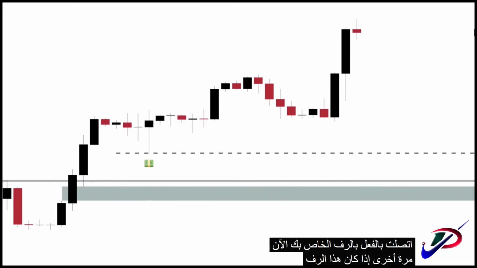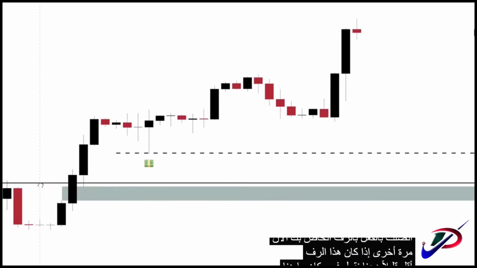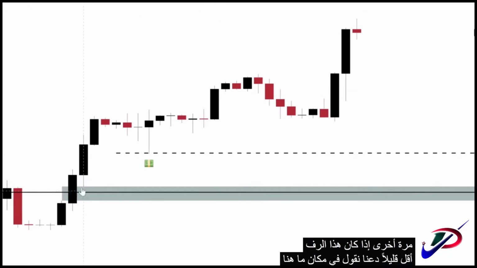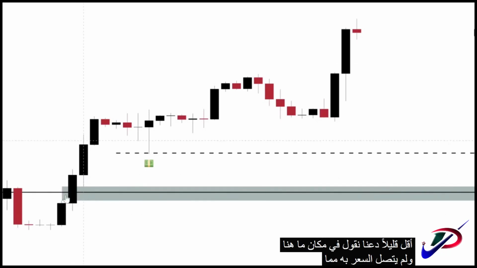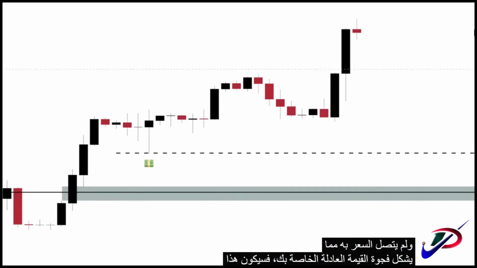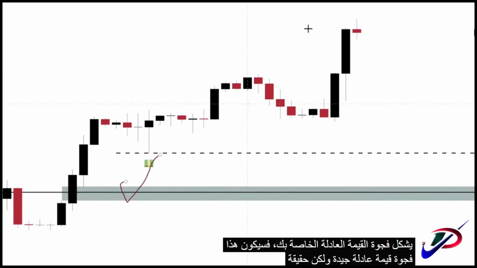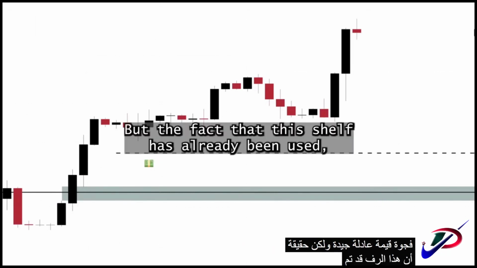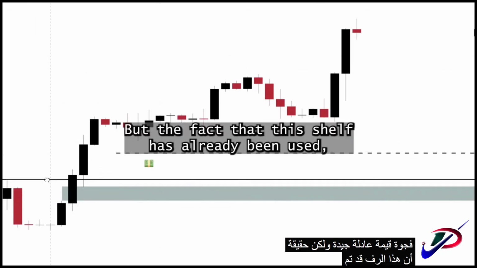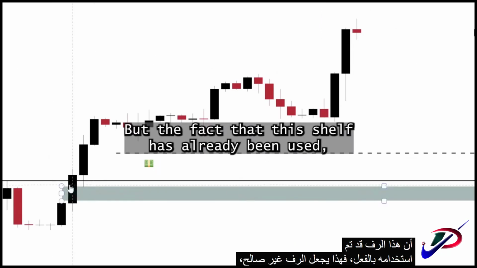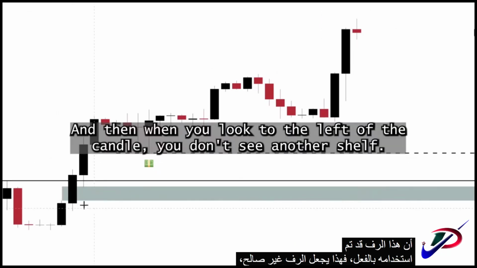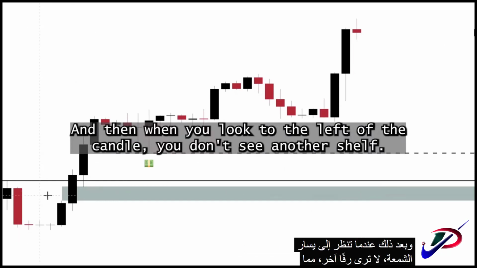Now again, if this shelf was a little bit lower, let's say somewhere right here, and price didn't make contact with it, forming your fair value gap, this would be a good fair value gap. But the fact that this shelf has already been used makes this shelf invalid. And then when you look to the left of the candle, you don't see another shelf, so this makes this fair value gap invalid. Hope you